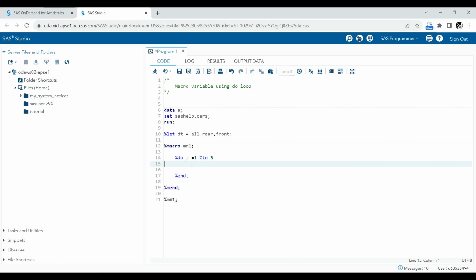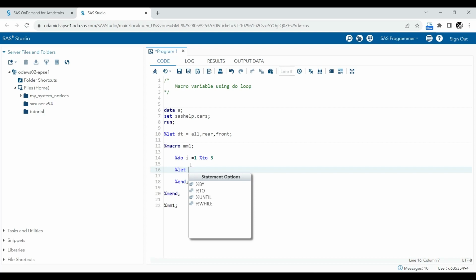Okay, now inside this again we'll create a macro variable which will hold the first record, then second record, and then third record. Okay, we need to get the first, second, and third record inside the loop. For this, let's say I'm creating a new macro named as